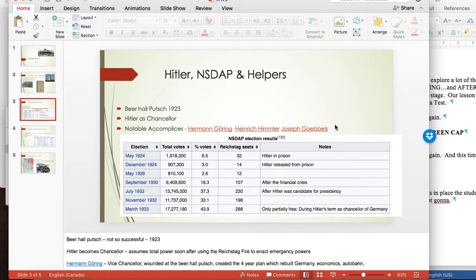And Hitler's accomplices. This is interesting because in the questions that they designed, the students actually went after this idea and posed a couple of questions like, if Göring was the architect of the economic rebound of Germany after the Treaty of Versailles, and Goebbels was propaganda, and Himmler was largely one of the architects of the Holocaust. They actually asked questions about this, which was really, really interesting.